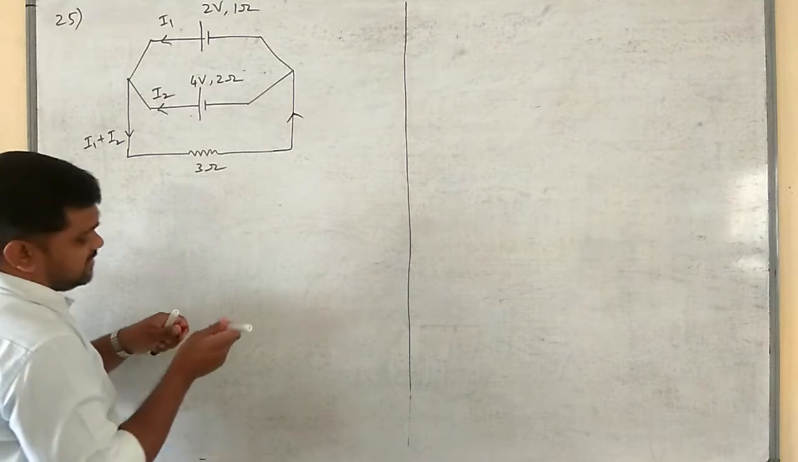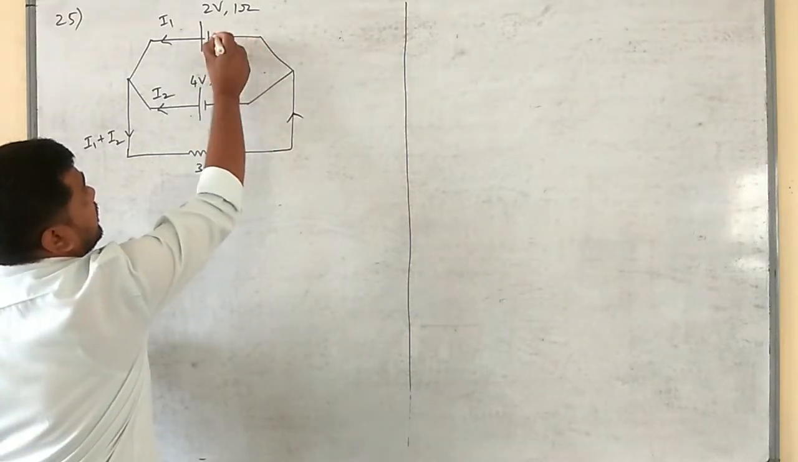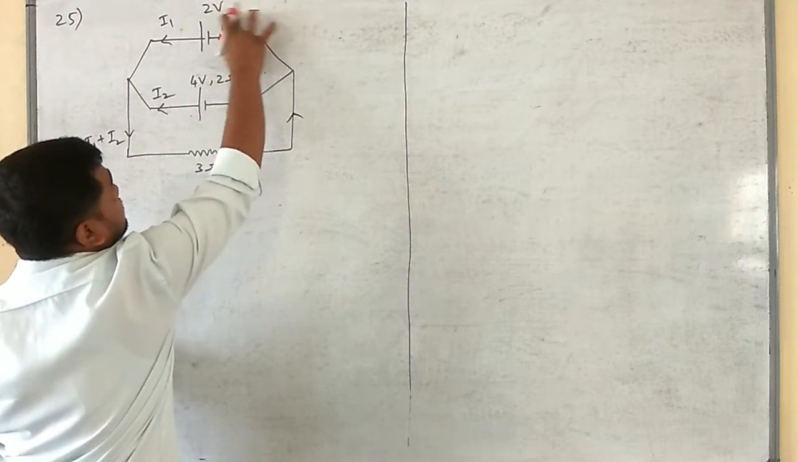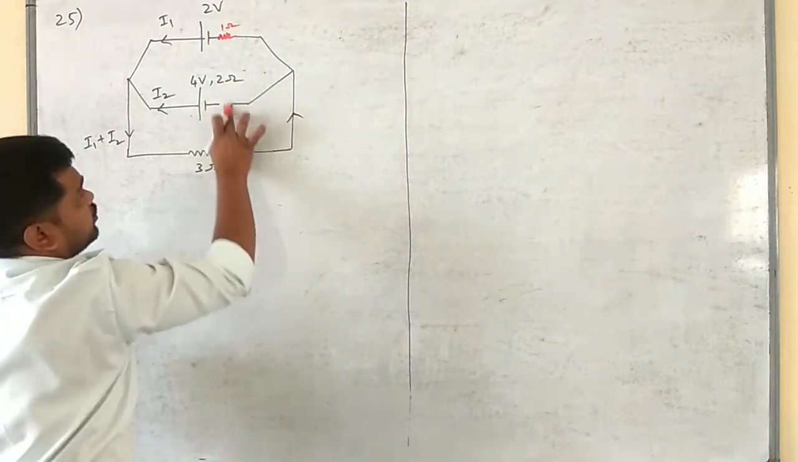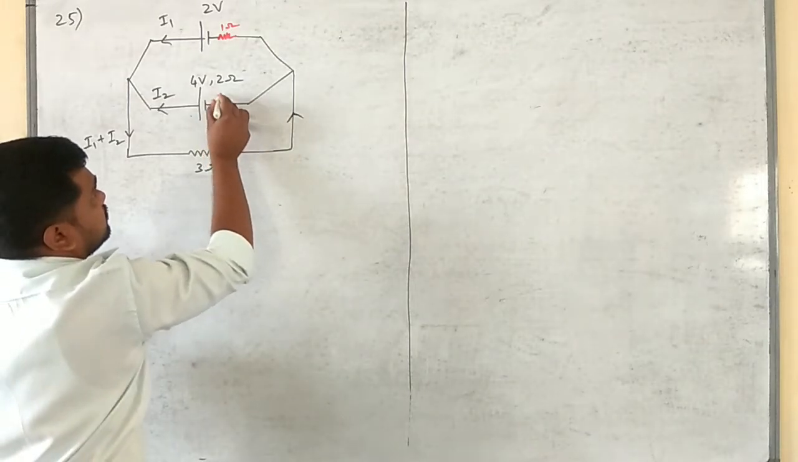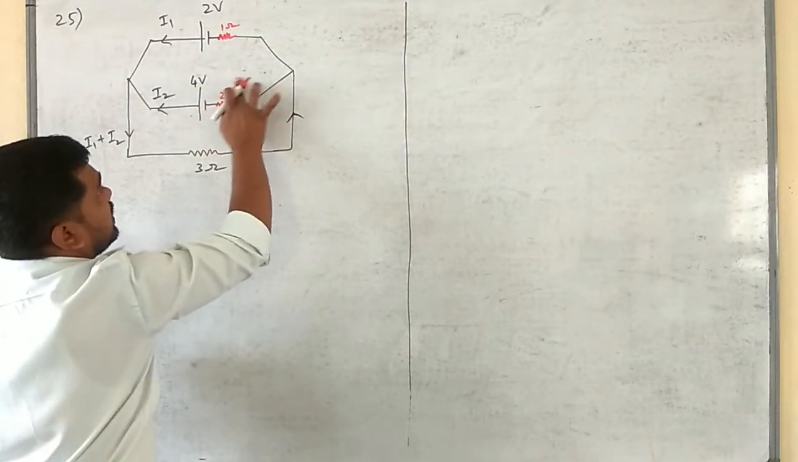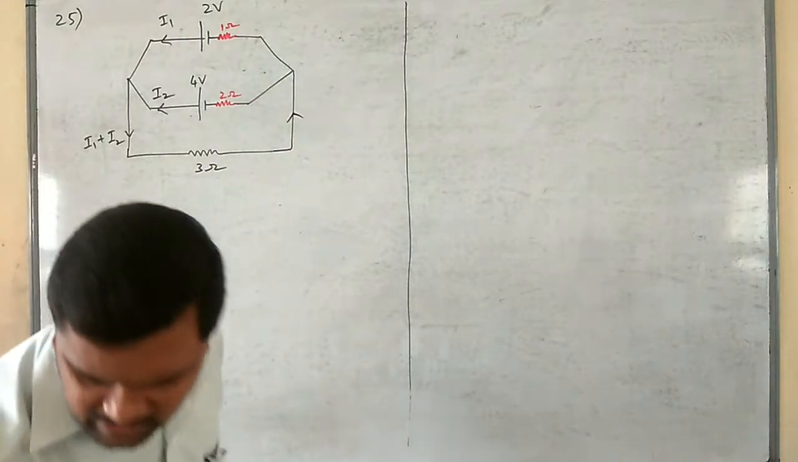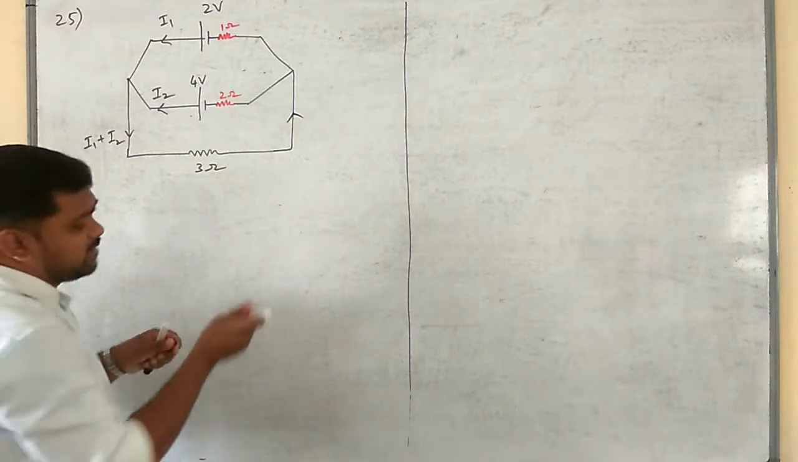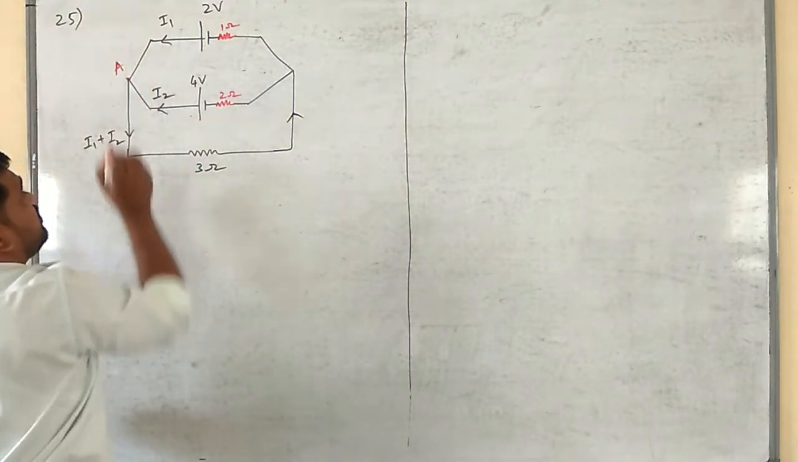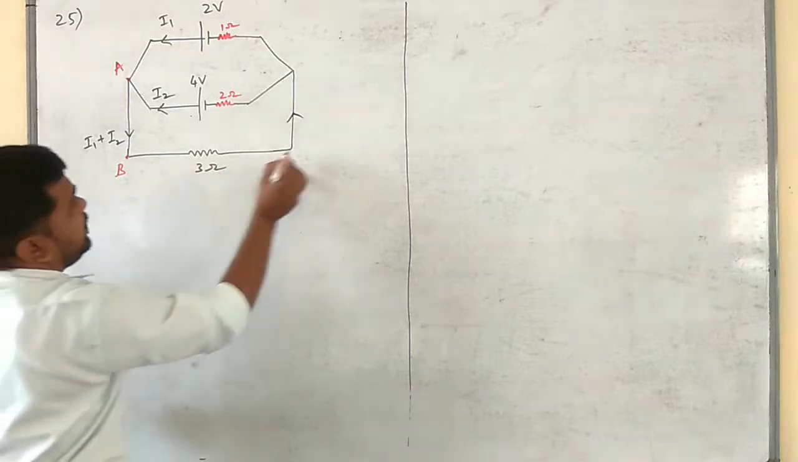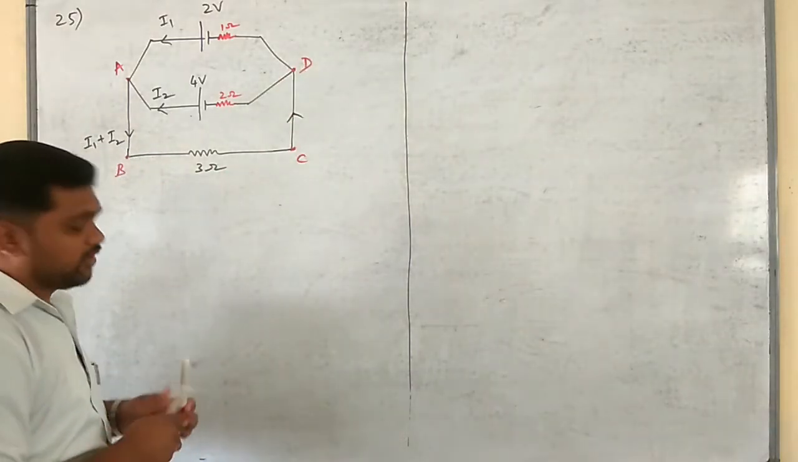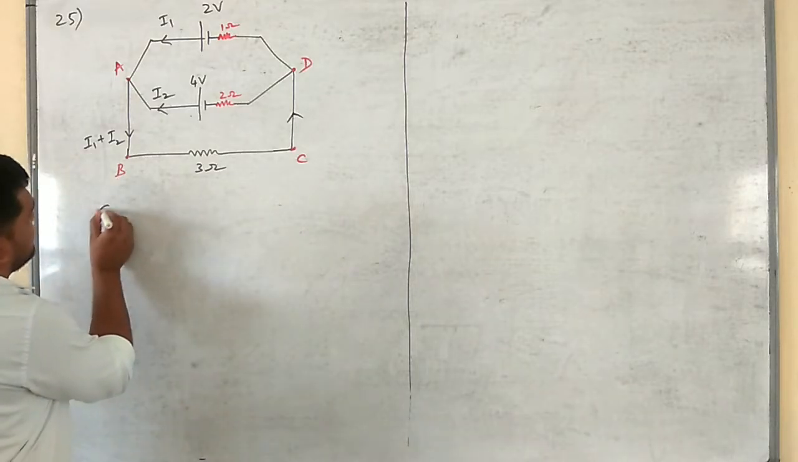Okay. Let us modify this circuit like this. That 1 ohm we have to write here, and this 2 ohm you should put here. Next, apply KVL for these loops. They have not marked anything, nothing. Let us mark these points as A, B, C and D. Okay, next. Step 1,